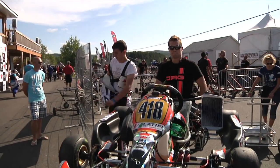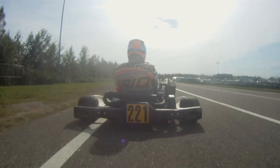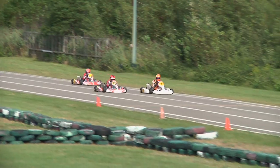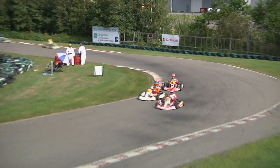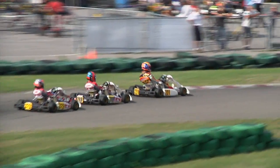It is crucial because if your setup is off and the kart is going all over the track, you're overheating the tires. Once they get hot, you're losing grip, and in those last 4 or 5 laps, when you want those tires to be happy and to be good to you, they're gonna say, sorry mate, you're too hot, we're not gonna get to where we want at the end of this race. Very, very crucial to get the setup right, and this is why we have a Mechanics Award,